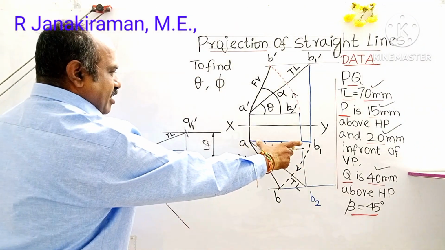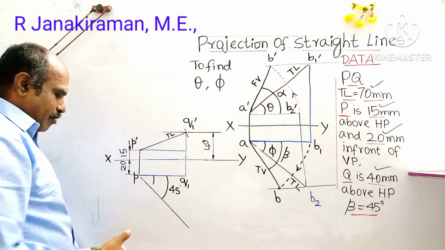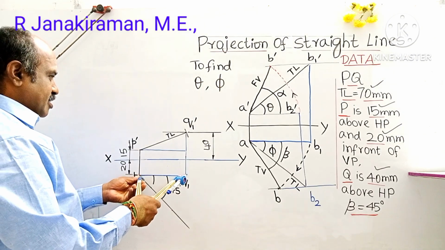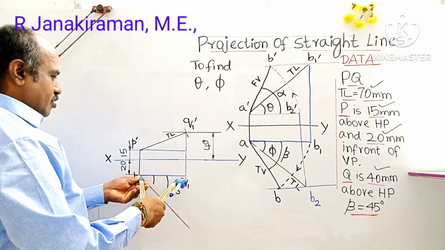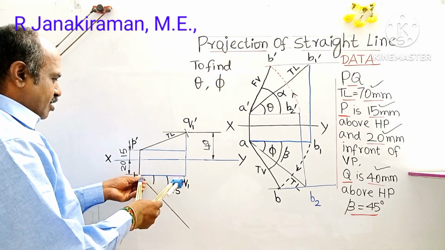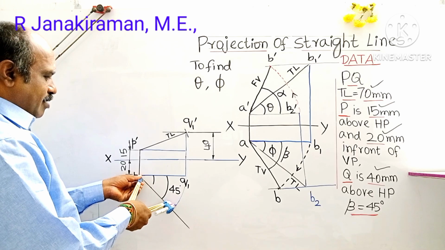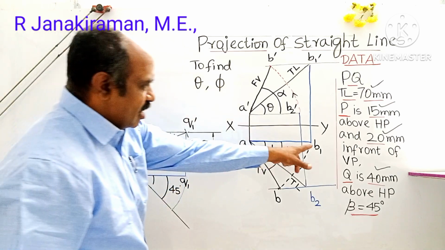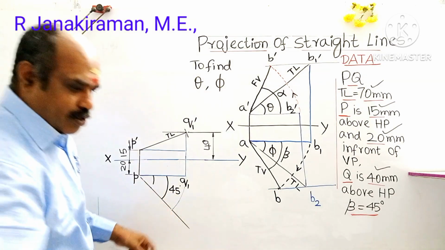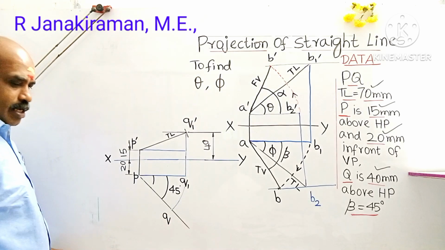Okay. With A as center, draw an arc downward. Similarly, with P as center, draw an arc downward using your compass. So take your compass, P as center, P Q1 as radius, draw an arc downward. Where it intersects with this 45-degree inclined line shall be marked. Okay, we will get B. This will be point Q, one of the points in the top view. Next, using